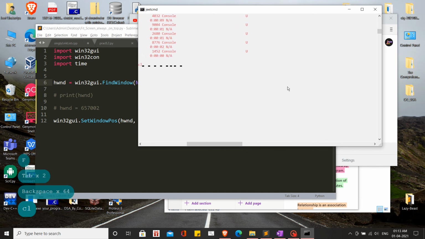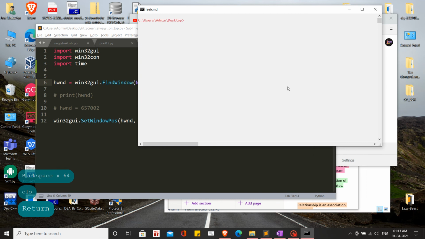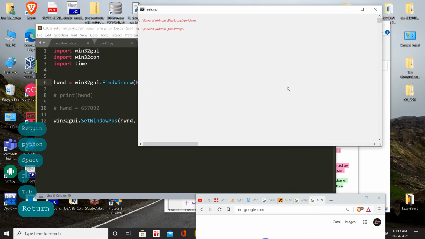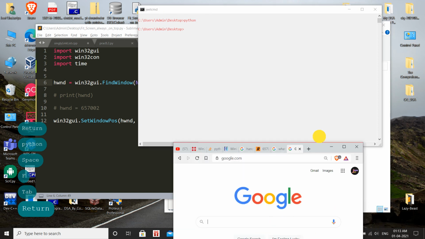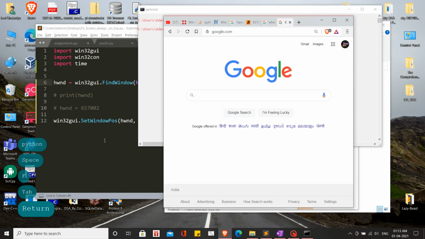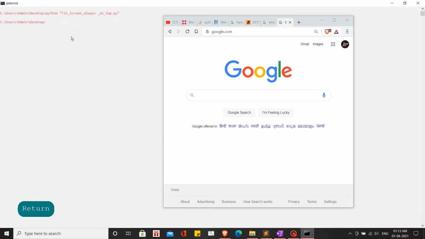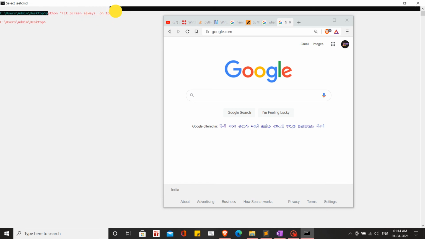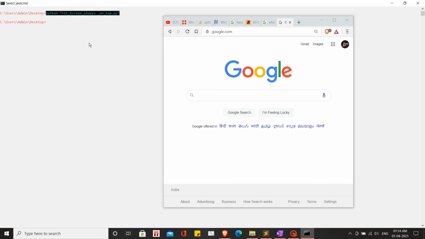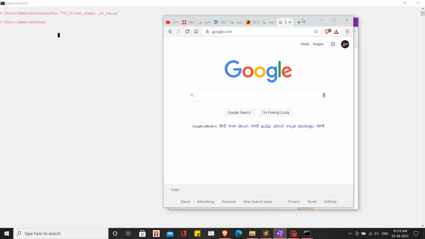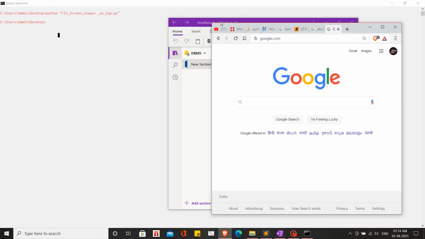So I'll clear the screen, type python and the file name of mine, and press enter. Now it is basically just printing data. There was some problem with it which was going on, it was not showing me this, but as you can see, we just ran this command and it ran successfully. So now no matter which window I go to, this window will always be pinned.